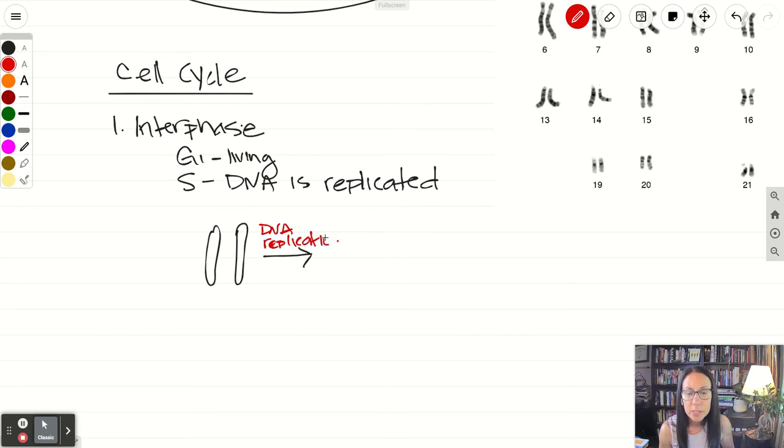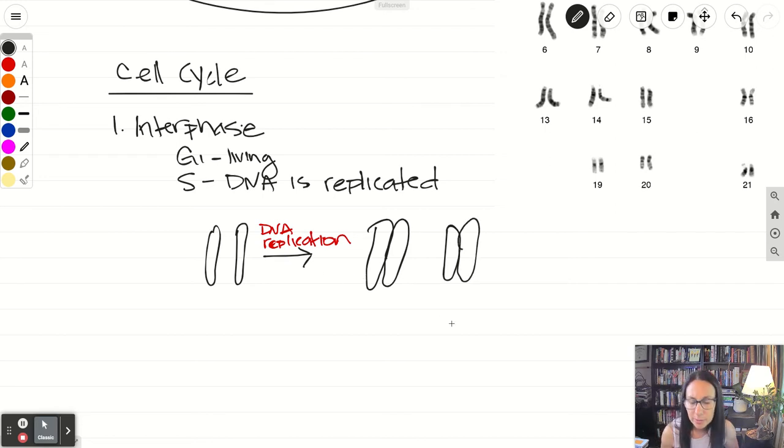This is what they're going to look like. This chromosome of mom's is going to just copy into this. Okay, sorry about my drawings, they're not that great. And then dad's chromosome is going to copy like this. Okay, and so a couple of things I want to point out to you here is that the two chromosomes